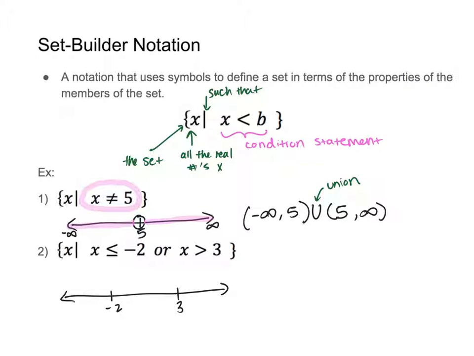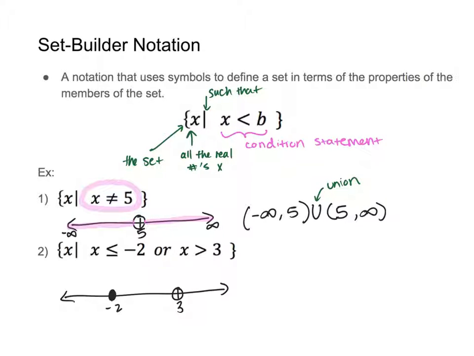Okay, from here, let's put in our closed circle and open circle. So at the -2, there's an inequality with a line underneath. So I need a closed circle. I need an open circle on 3 because that doesn't have a line underneath, so it needs to be open. Now,